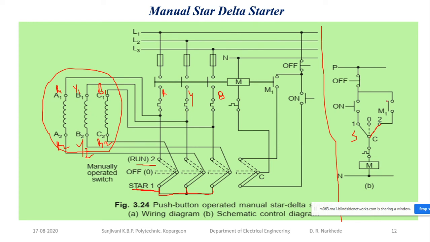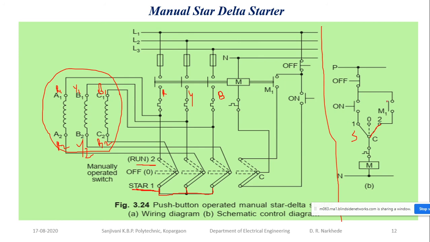So manual star delta starters are not recommended in industries because they require a skilled worker, and it is quite difficult for them to use. The cost requirement is less because only one contactor is required, but at the same time a skilled worker is required, and if the skilled worker makes a certain time delay, the machine will never go into the run position. Even a small time delay may de-energize your contactor and your machine gets de-energized. So every time you need to start again in the star connection. That is the disadvantage of this manual star delta starter. Manual star delta starters are not recommended in industries.